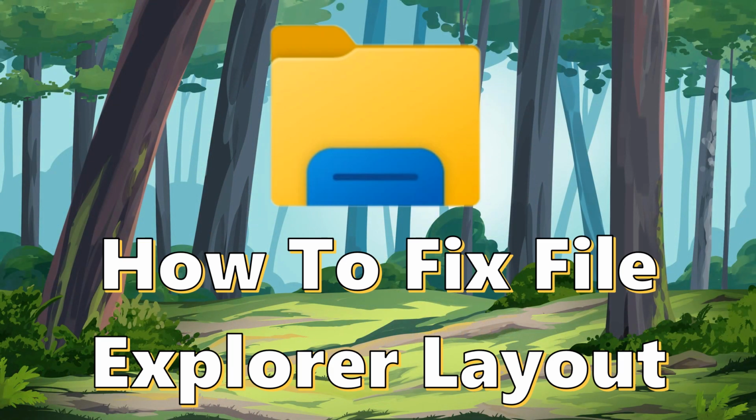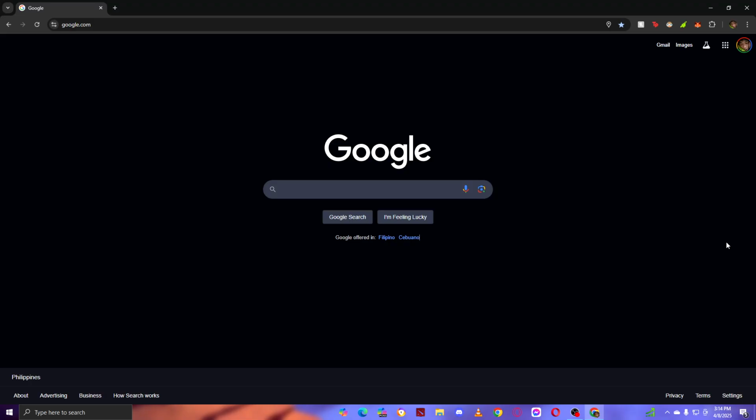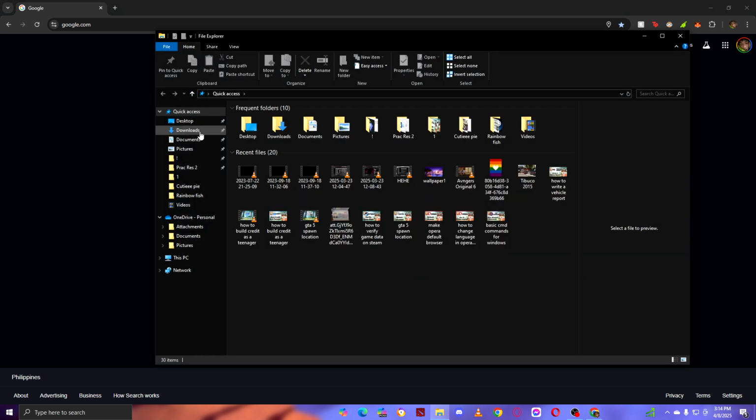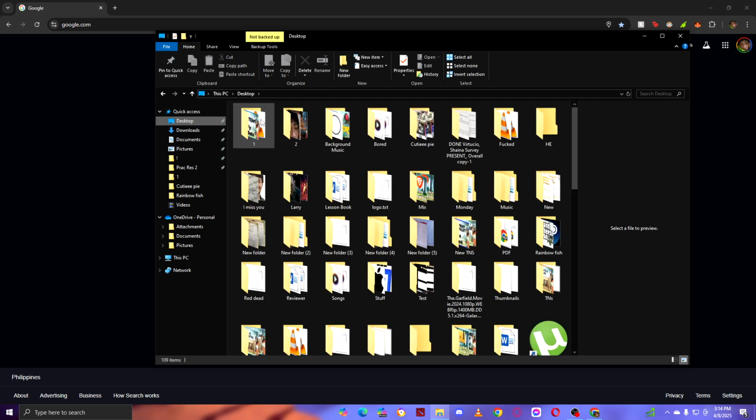How to fix File Explorer layout. In today's video, I'm going to teach you how to fix your File Explorer layout. To fix your File Explorer layout, first thing you need to do is open up your File Explorer. After you open that, choose, let's say, this one right here,